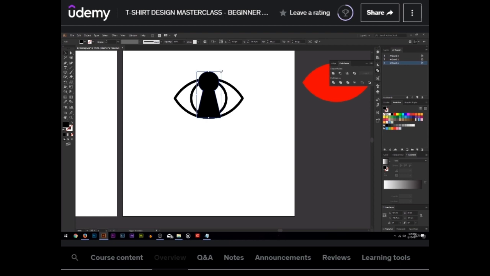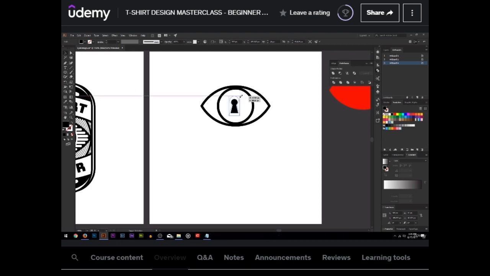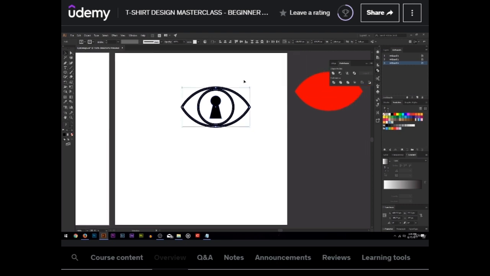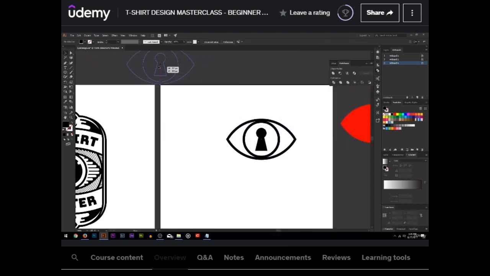So if you just hold in shift, you can actually drag it down evenly without it warping or anything like that. So you just drag it into place and kind of figure out how big you want it. I'm going to resize it one more time, and then we can center everything as well, just like we learned in the previous sections. And that's just simply because we want to make sure everything's obviously looking nice and neat. And we can group that together for now and kind of just hide it because we will be using it